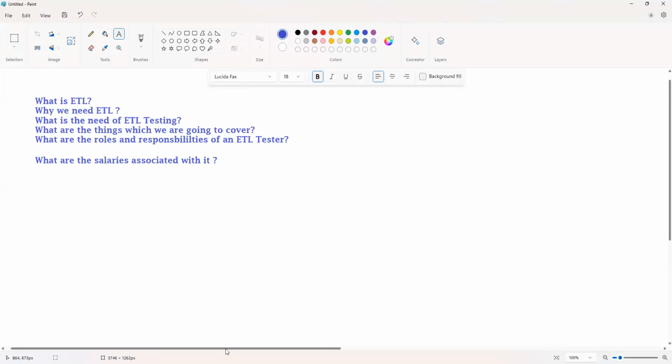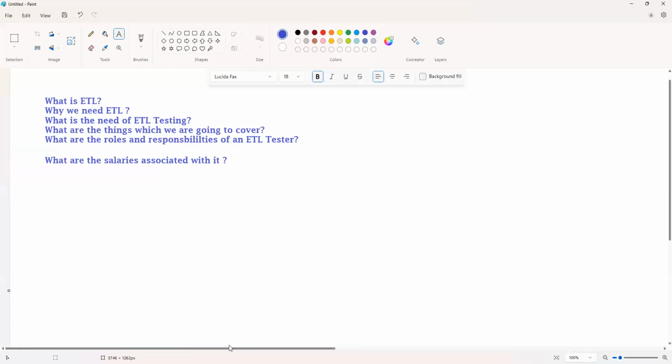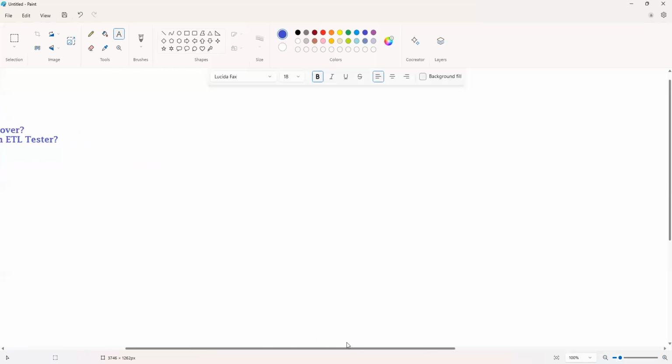First, we'll go with a very simple example and explain what is ETL, then on top of it we'll go with one use case, then we'll jump into the remaining things. So first of all, ETL stands for